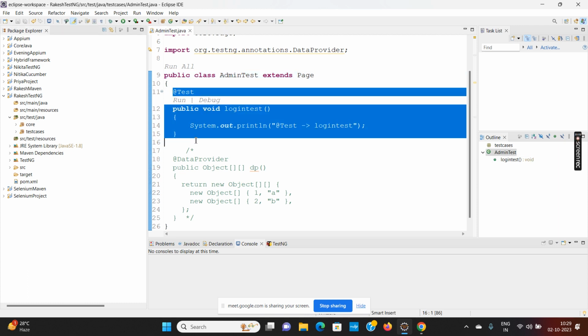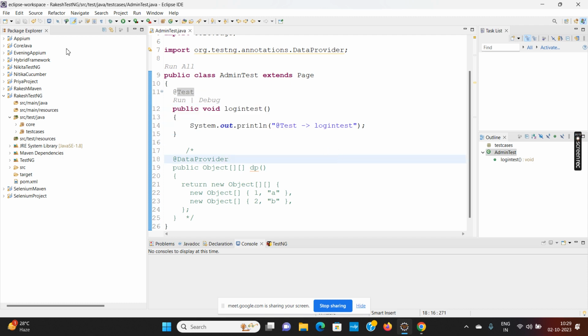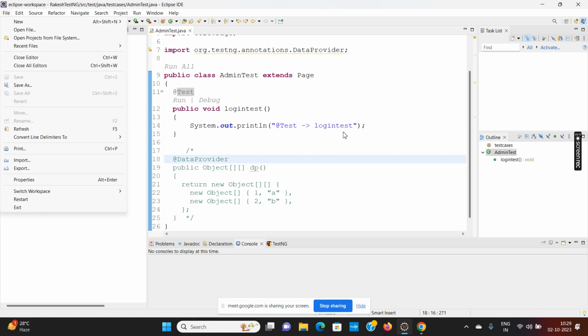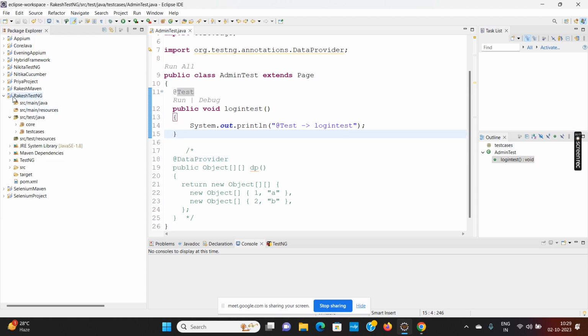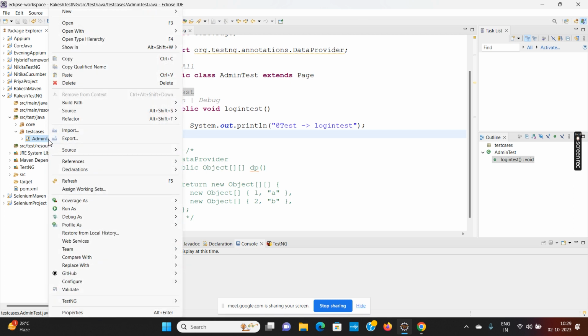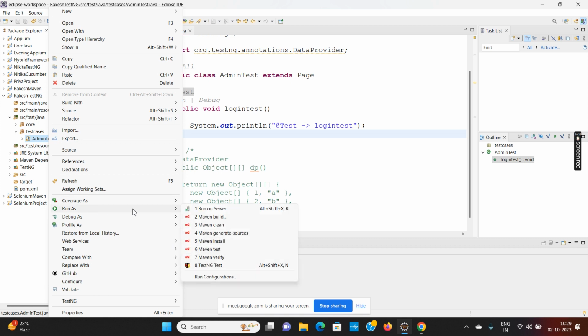Only I have written the @Test method functionality. So let us run it and check it. Now I will go to this AdminTest, right click and run as